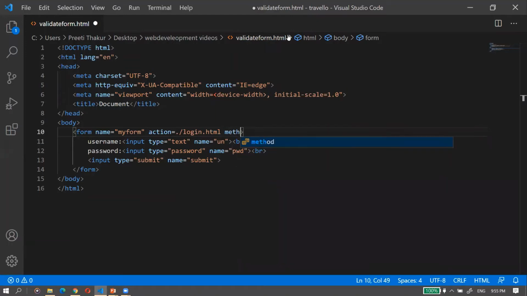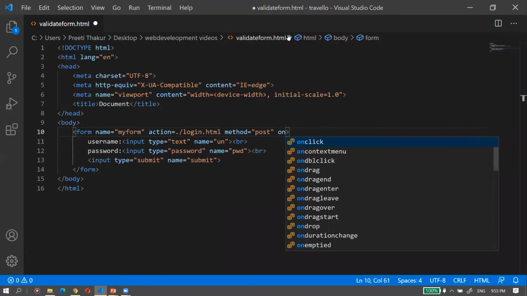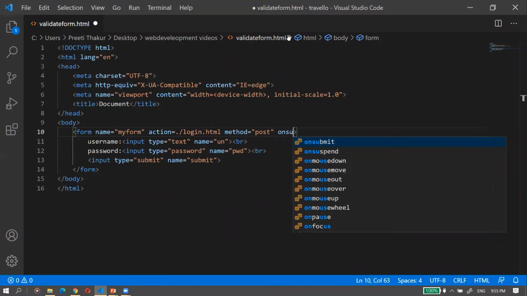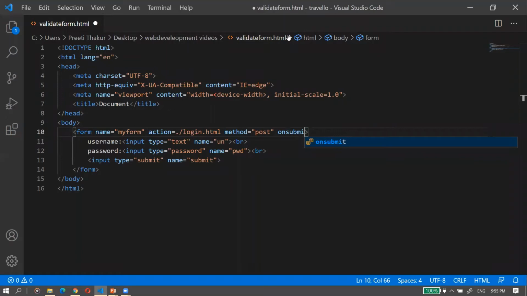and then a method. You can give get or post, whatever you like. I'm giving post for now. And then I have to give onsubmit. So once the form is submitted, what will happen? Before submitting, on submit, I'm giving the name of the function which I'm going to create in my JavaScript.